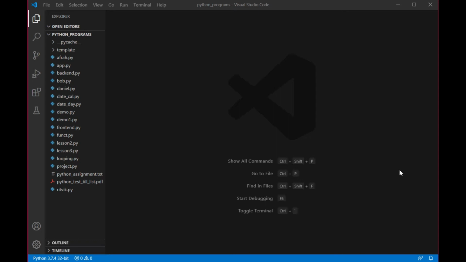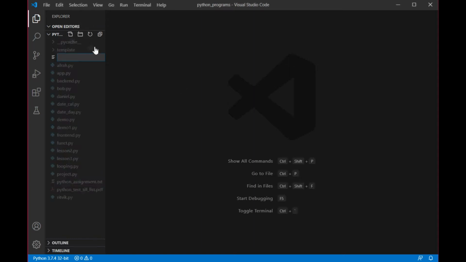So in today's lesson, I'll be showing you how you can create a desktop application in Python. For this application, there is only one prerequisite: you must have Python installed in your system, and you know the basics of the Python programming language. It's actually a very easy language, so if you know the basics, that is going to work very well.